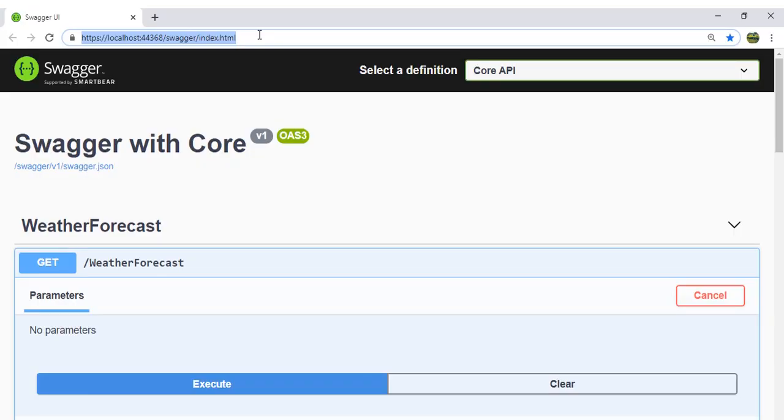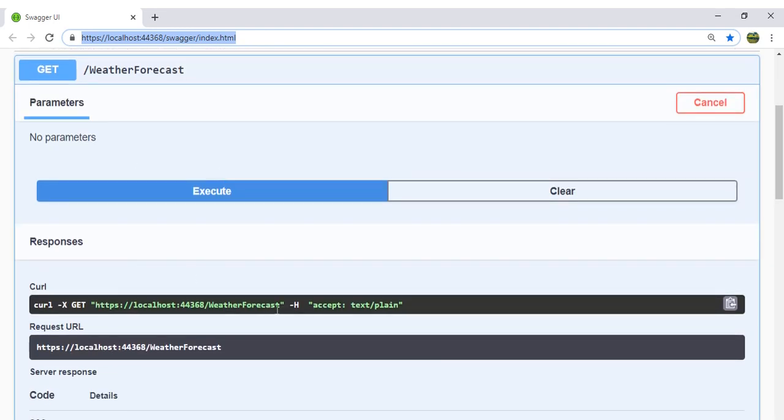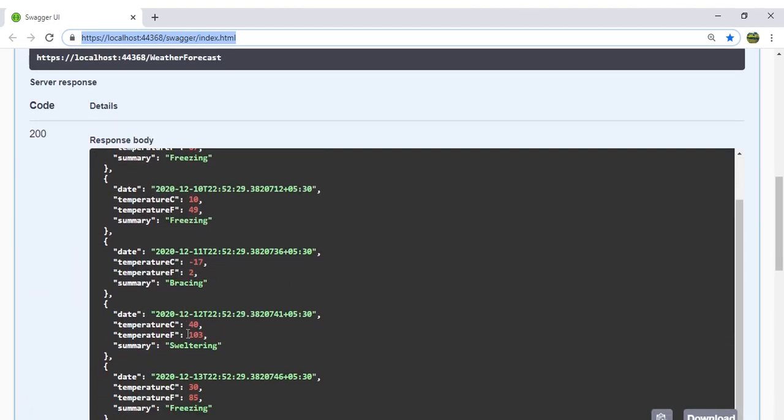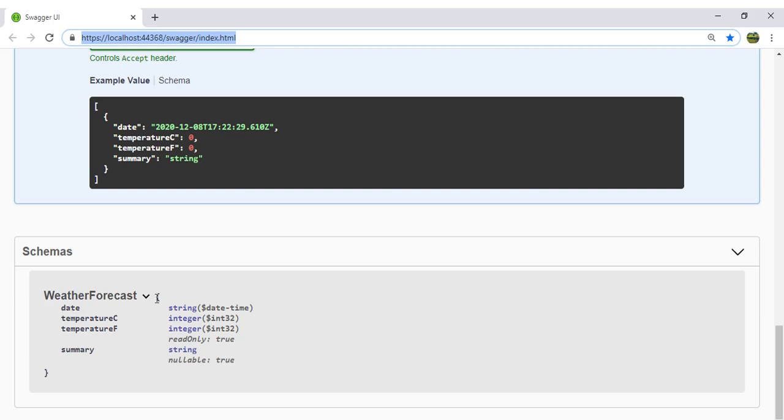So when any consumer or the development team wants to know the specification of your service, you can give this Swagger link, and they can come and see what methods are available, what the request is, what the response is, and what the input parameters are, like the signature of the method.